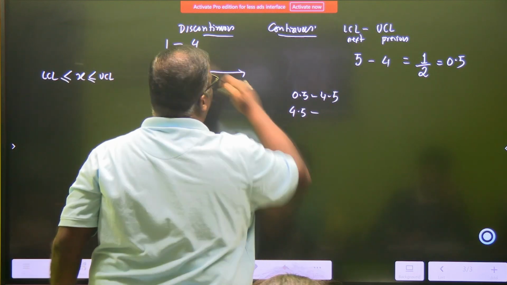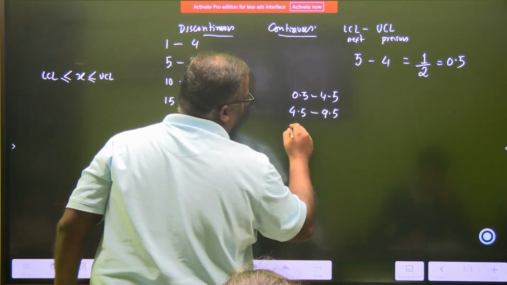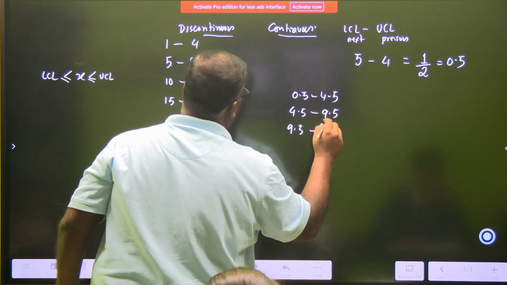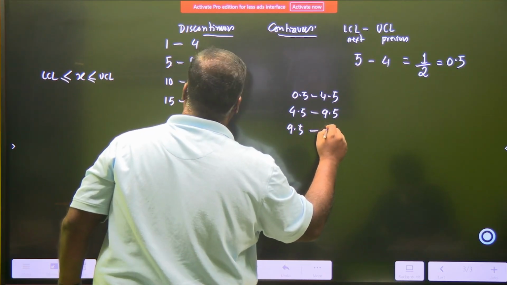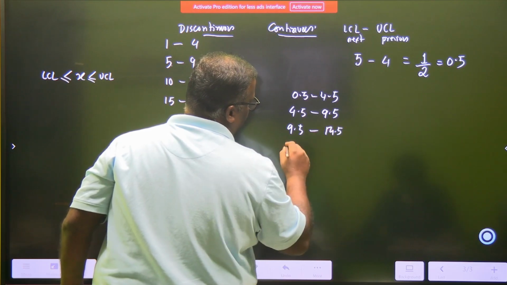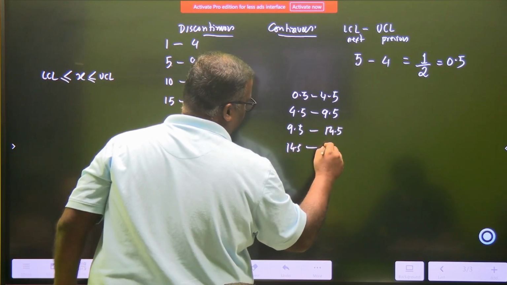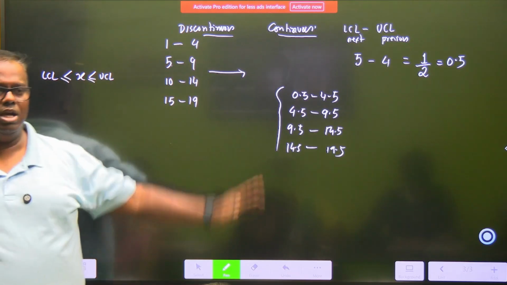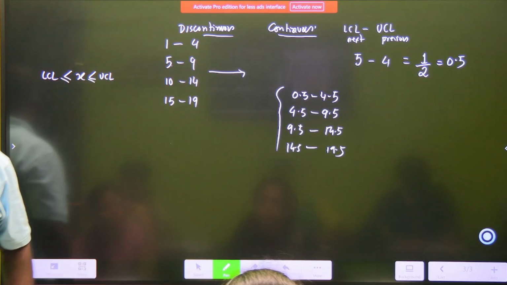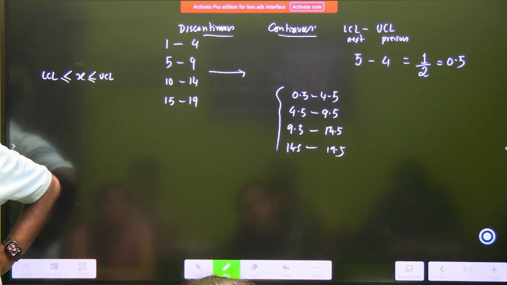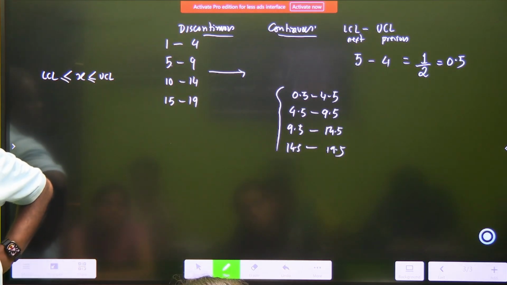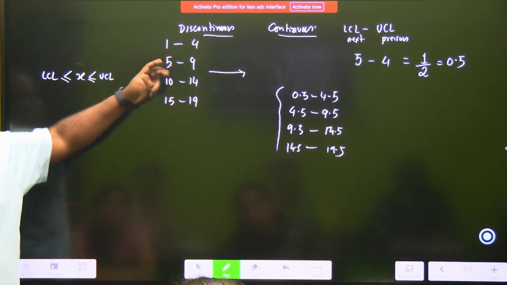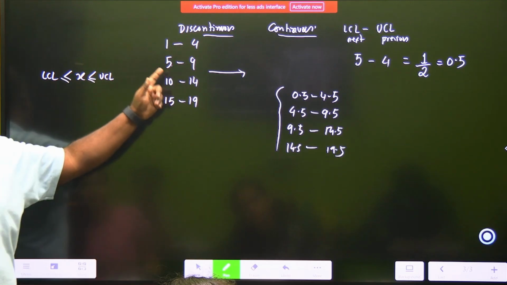अभी ये कितना बन जाएगा 4.5, ये कितना बन जाएगा 9.5, 9.5 to 14.5, 14.5 to 19.5। देखो तो continuous हो गया ना अभी, ये आपको करना आना चाहिए। If you get a discontinuous trend then you should first convert it into continuous. How to convert it, कोई भी दोस्त उठाओ, इन दोनों के बीच का गैप को देखो और उसको 2 से divide करो।